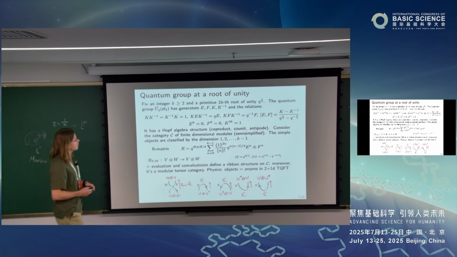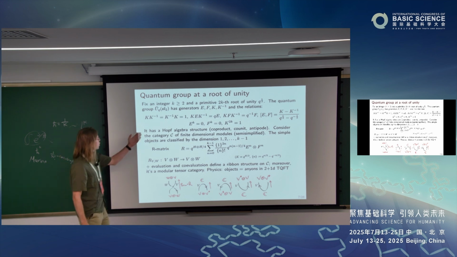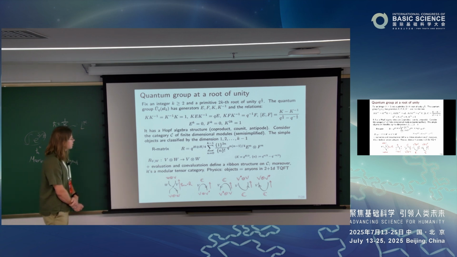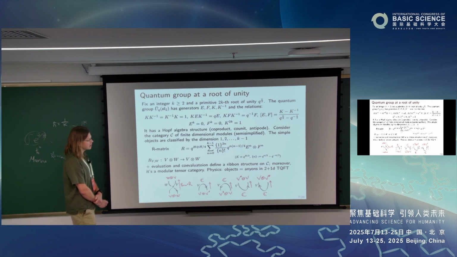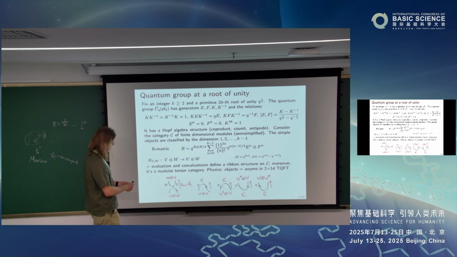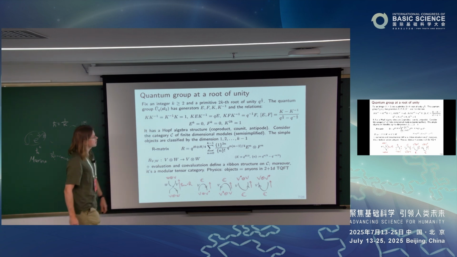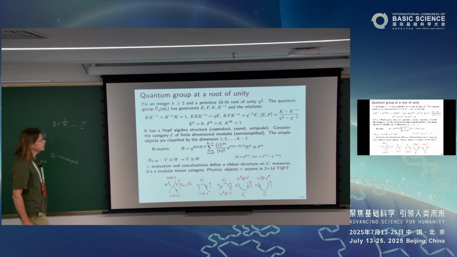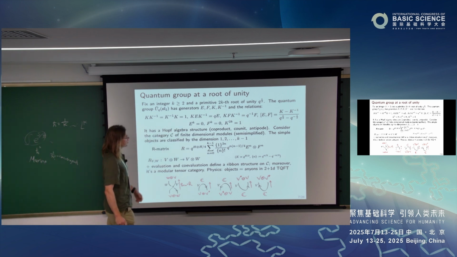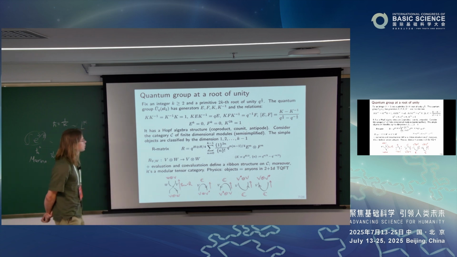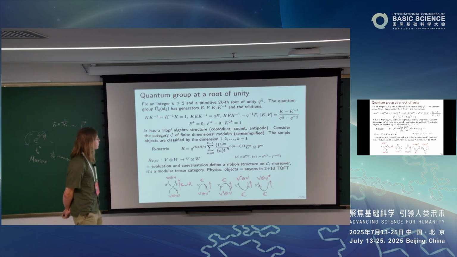So the input: we will consider quantum invariants of knots and, more generally, tangles and closed 3-manifolds associated to a quantum group, the quantum version of the group SL2. And we will later need to construct the invariants of closed 3-manifolds. This is why we actually need to take the parameter q, the deformation parameter q, to be a root of unity, namely to be 2r-th. We actually want to fix q to the 1/2 to be some primitive 2r-th root of unity. Again, I don't want to go into all technical details, but